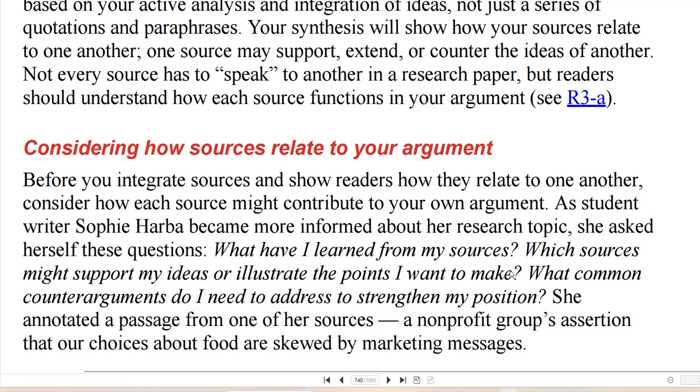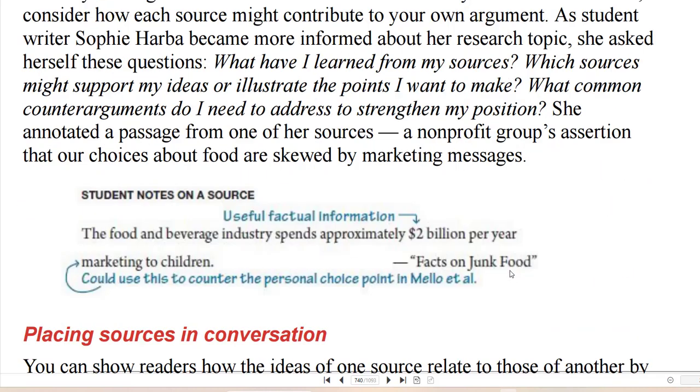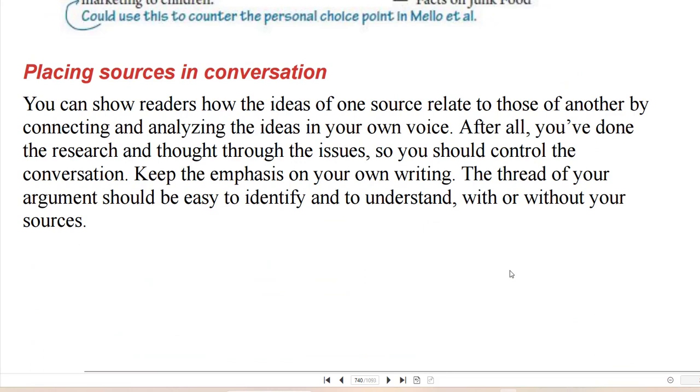You put it in between your argument so that your reader can see how the source interacts with your analysis. Before you integrate sources and show readers how they relate to one another, consider how each source might contribute to your own argument. So you can show readers how the ideas of one source relate to those of another by connecting and analyzing the ideas in your own voice.